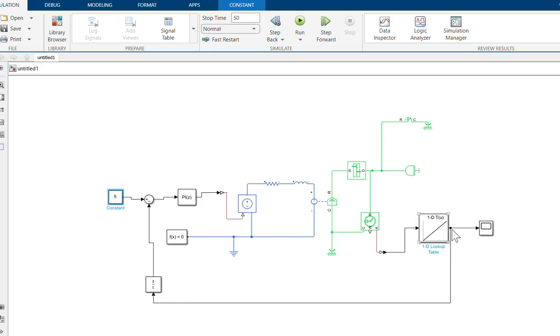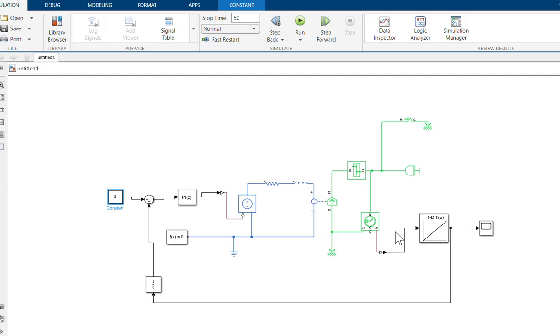What is this 1D lookup table? It translates the position of the vana to the speed.